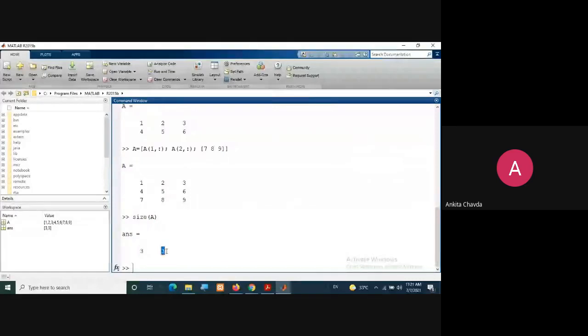You can even store it in separate variables. I'll write m comma n equals to size of A, equals to 3 and 3. So directly m and n I can use in my for loop. Is it clear what I'm saying? Suppose I'm reading any image. In that case it will be in the form of a matrix only.